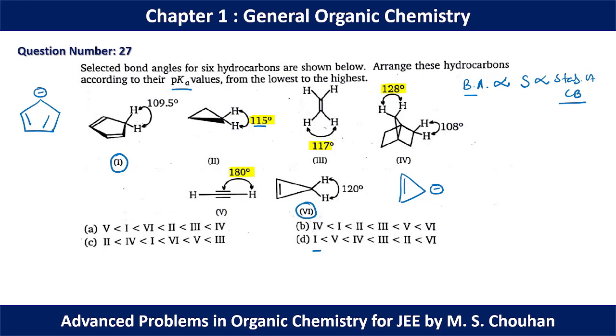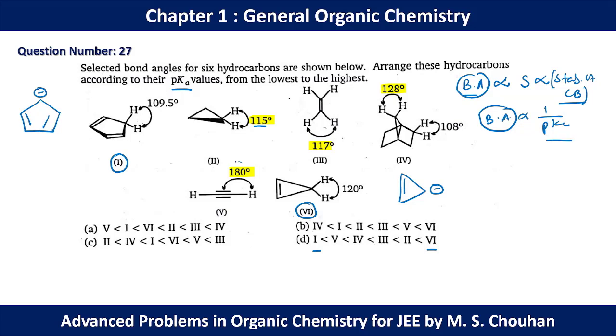So one should have the least pKa, as we have one at the beginning. 6 should have the maximum pKa because it is most difficult to dissociate H plus, as the conjugate base is anti-aromatic in nature. So 6 is placed at the last position. Now we can compare 2, 3, 4, 5 by the bond angle, because the more the bond angle, the more the stability of the conjugate base, the more the acidic strength, and the lesser the pKa value. So bond angle is inversely proportional to the pKa value, and maximum bond angle implies minimum pKa value.